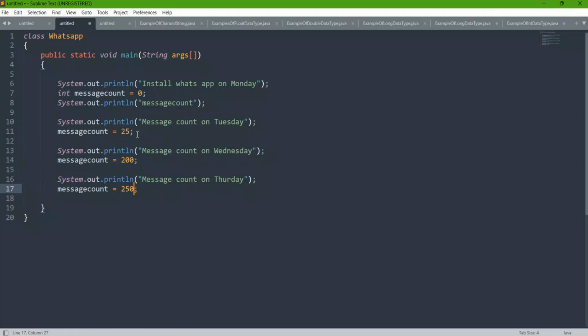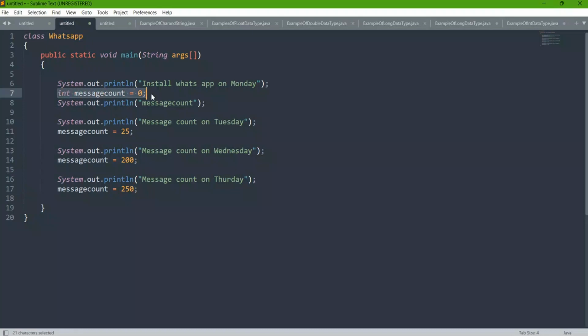My message count increased from 0 to 25. Again, it increased from 25 to 200 on Wednesday. Again, on the next day, it increased to 250. It is increasing every day. If you delete messages, in that case it will of course decrease. See, but what I did over here,